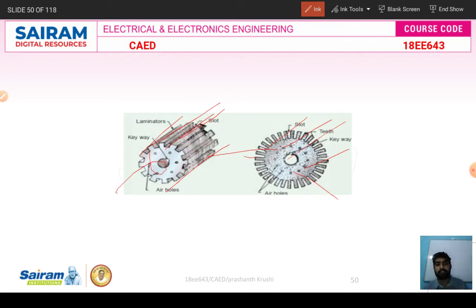When the conductor cuts the magnetic field, if it is a DC generator, EMF is induced. If it is a motor, when a current carrying conductor is placed in a magnetic field, it experiences a force; that is the DC motor. But at the end, work has to be done, right? When the conductor cuts the magnetic field, EMF is induced in the generator, and a current carrying conductor placed in a magnetic field experiences a force; that is also electromagnetic induction. For that purpose, work has to be done, so we want coils or turns.